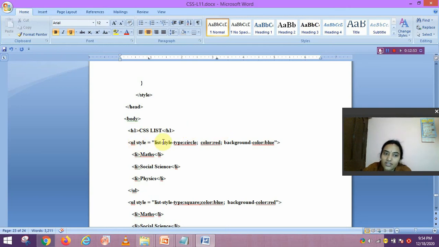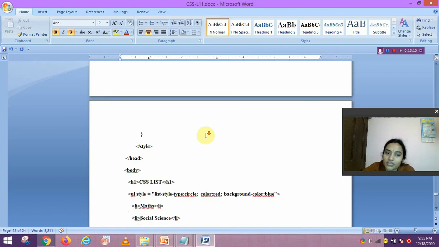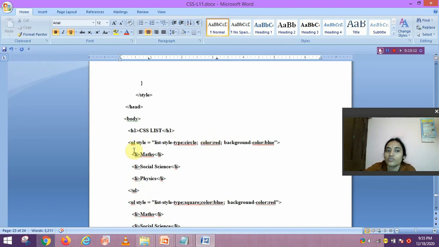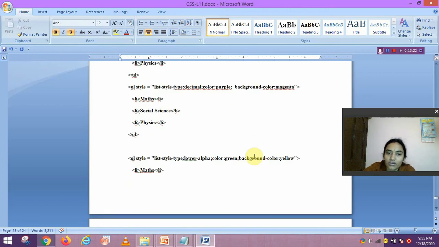Then ul style equal to list-style-type equal to circle, color red, background color blue. This is an example of inline style. We also mention embedded style here, and in the list we can use inline style, that means in the ul tag we write the style for this ul.